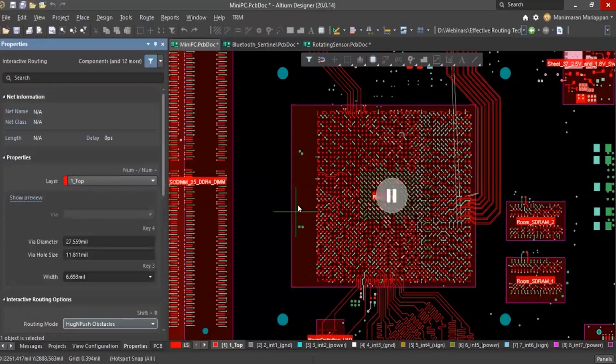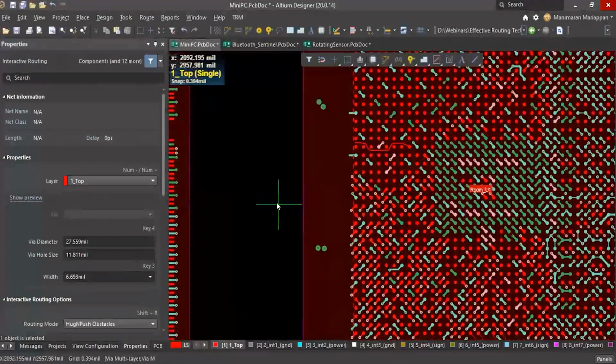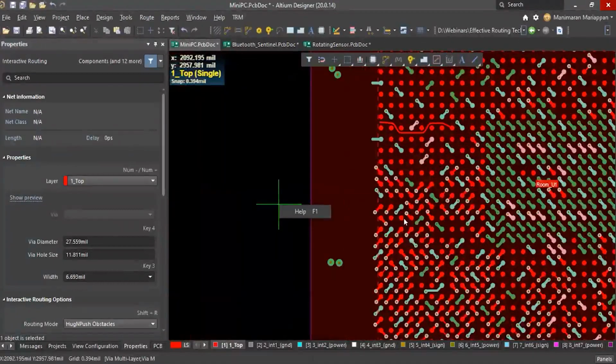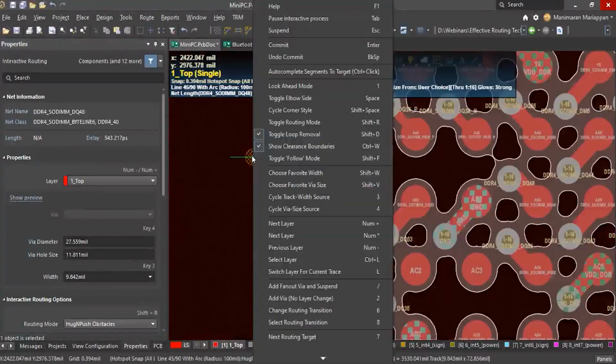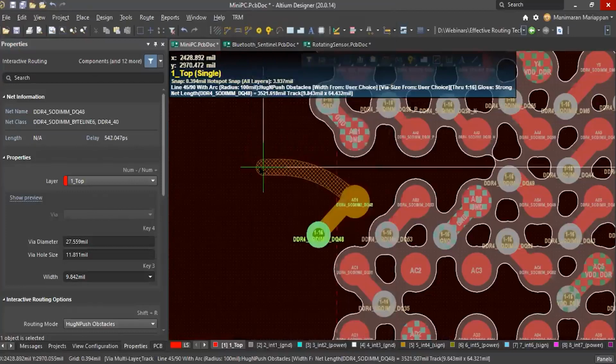And while routing, if you press the delete key, or shift F1, so for example, I'm pressing this delete key, so you can select many commands: next layer, number plus or minus, Control L to switch between the layers.